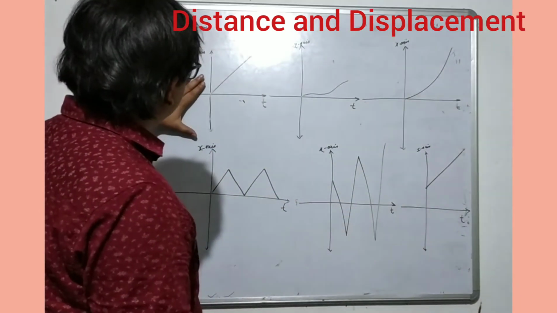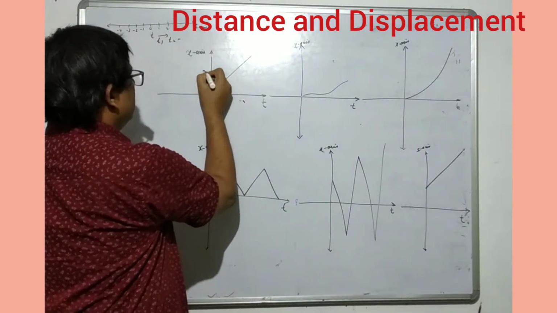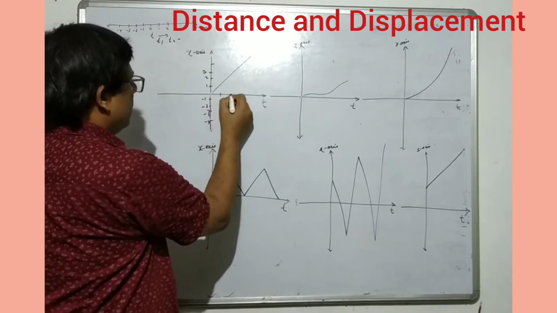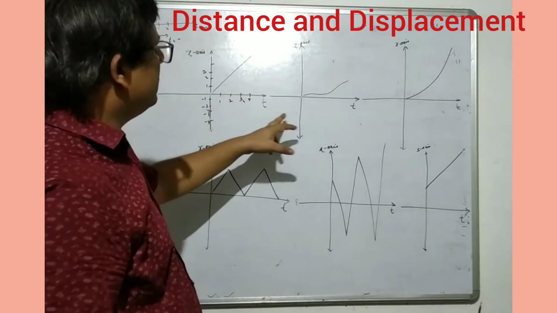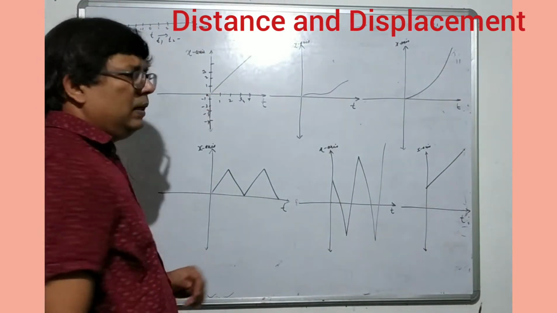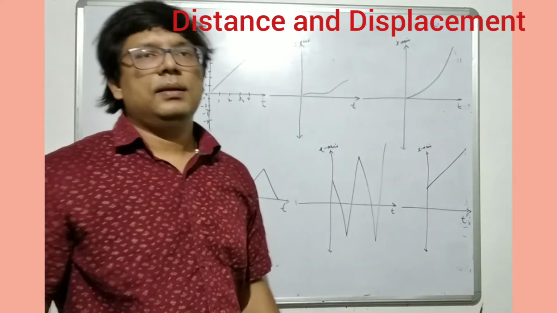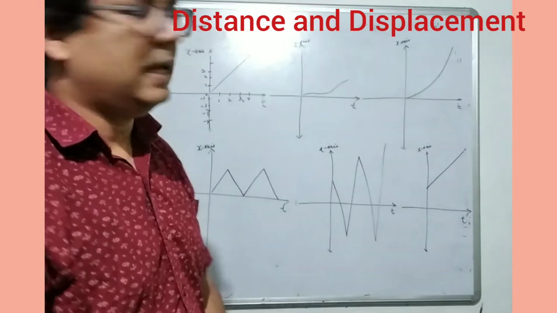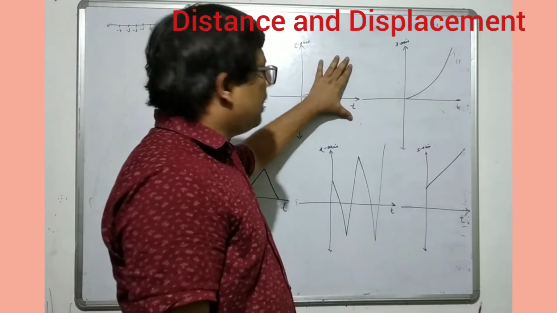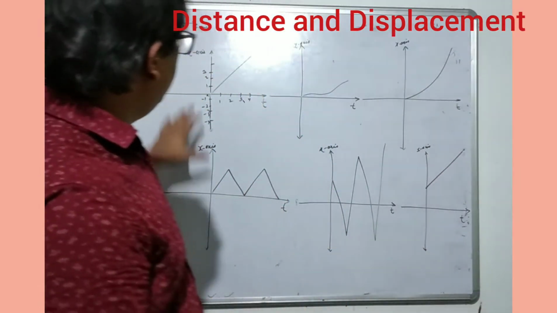On the x-axis, the object can be on the positive side, and it can also go to the negative side. In all the cases, time will be 1, 2, 3, 4, 5 like that, starting with 0. Okay. So now can you see which graph will represent distance versus time? Can this graph represent distance versus time? Can this graph? Can this graph? So let us see this.